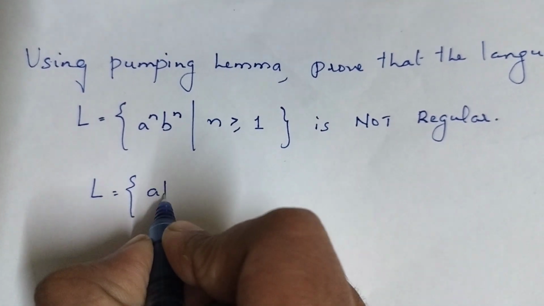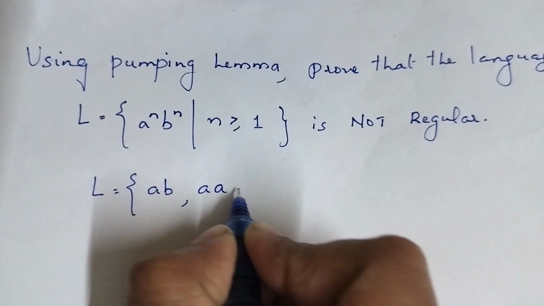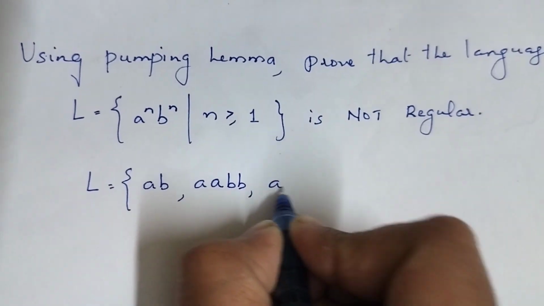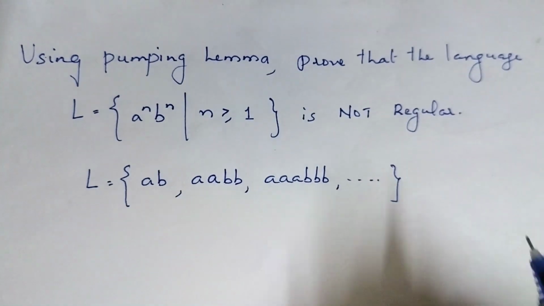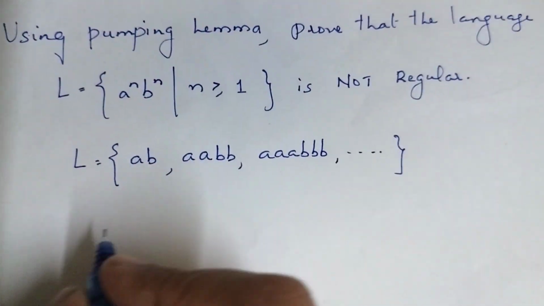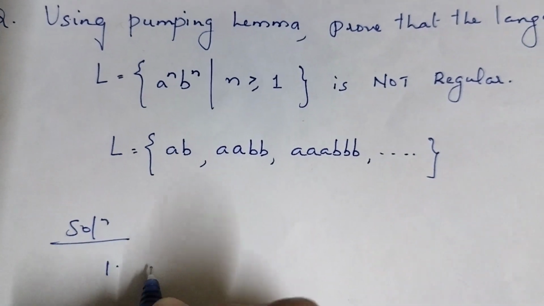The minimum case, n equal to 1, means a^1 b^1. Then a^2 b^2, a^3 b^3, etc. This is an infinite language, right? So how to solve this particular problem? The first step is to assume